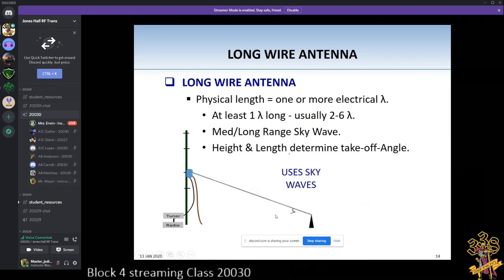Now, this can be used for sky waves, mid or long range sky waves. So it can be used for 500 miles, 800 miles, or more. Height and length determines the takeoff angle. Now, again,